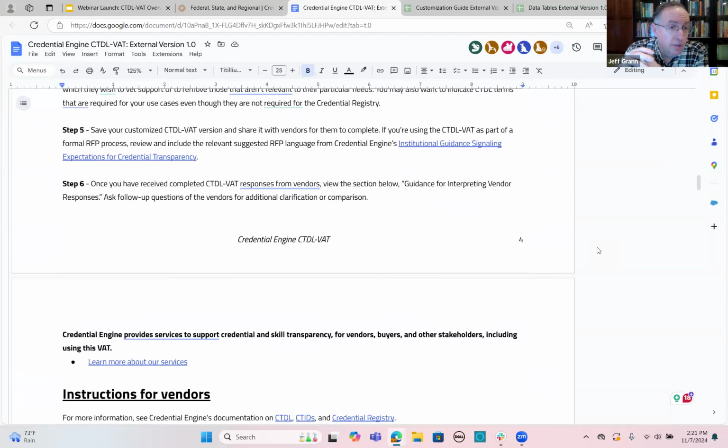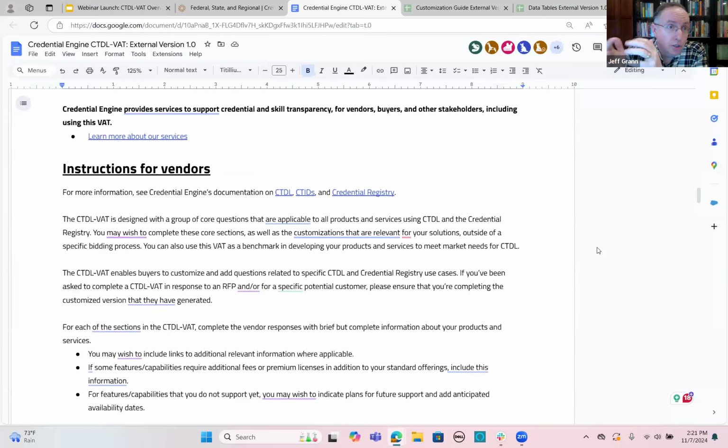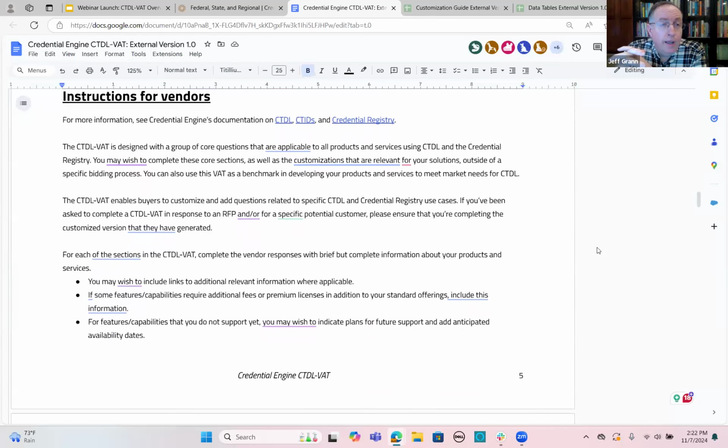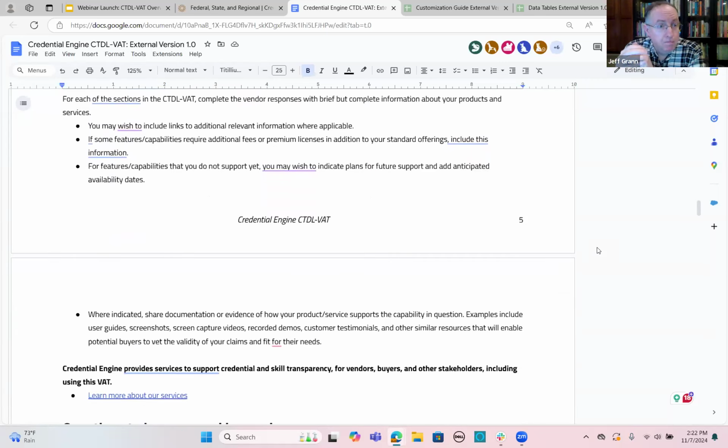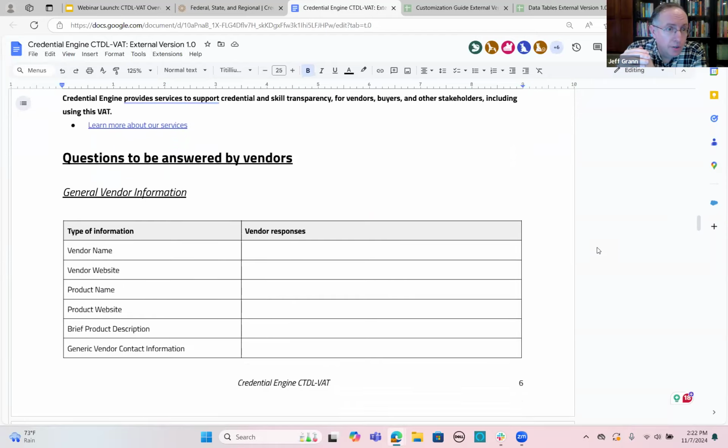The next section down below has these instructions for vendors. These are folks who have already invested in supporting CTDL and want to document and show that support very clearly using the resources we've accumulated here. So there are instructions for vendors about how they can do that in advance. And then the next section down here is